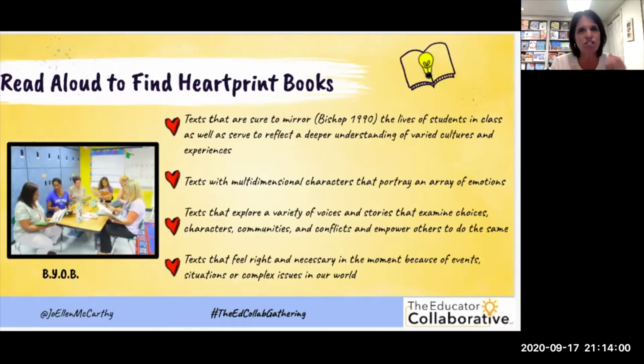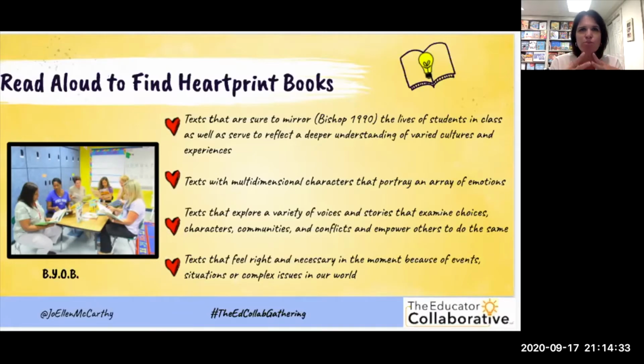I want to engage teachers and kids in the conversations about which books they're reading or which books they've been read to that have stories that touch their hearts and their minds. Because perhaps, as Rudine Sims Bishop has taught us, we've thought about a book that's been a mirror, a window, or a sliding glass door. Or perhaps it's a book that gives us an opportunity to really better manage our emotions and think through the feelings that we're having.